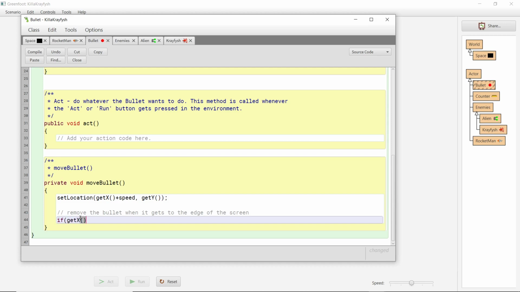If get X, so we're going to look at the X coordinate. If it is more than, we need to look for the right-hand edge of the screen now. So we're going to say get world, get width. We're using the get width method of the world object. That's going to give us the maximum width of the screen. And I'm just going to subtract, let's say, 3 pixels off that. So as soon as my bullet gets within 3 pixels of the edge of the screen,